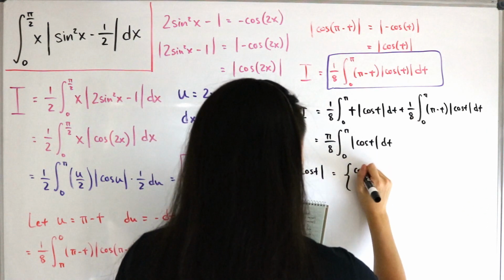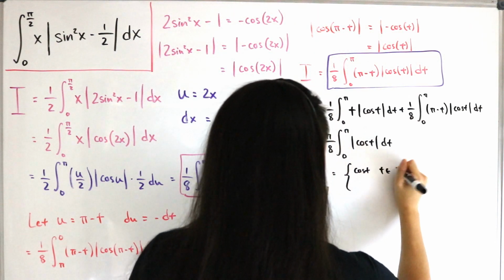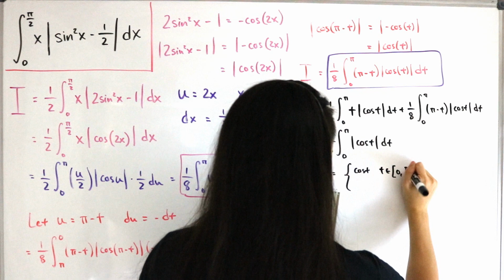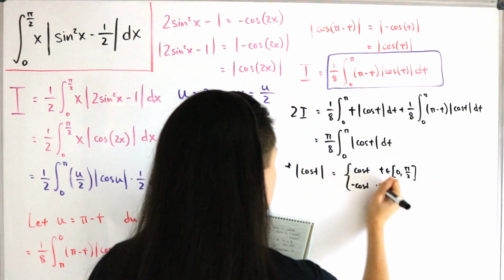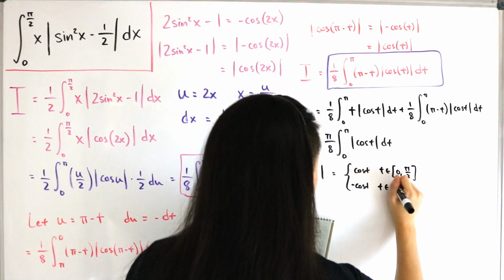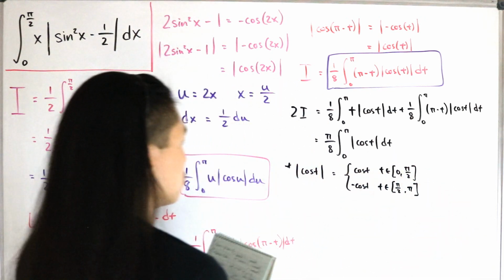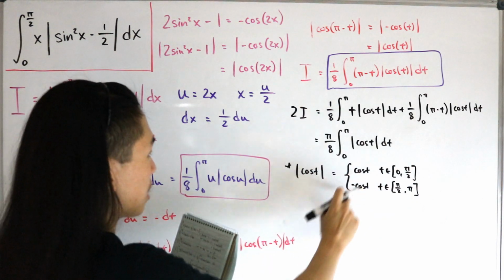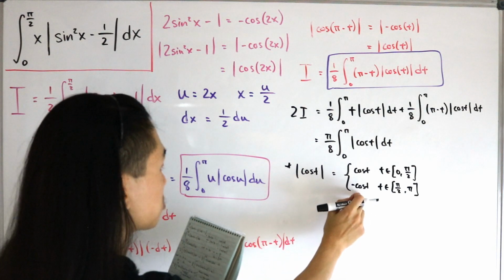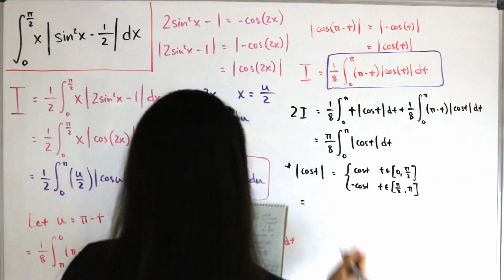We have the positive, so cosine of t, and that's from, of course, t in the interval from 0 to pi divided by 2. And then afterwards, it becomes negative cosine of t, such that t is in the interval from pi divided by 2 all the way up to just pi. So that means we're taking two different functions, and we're going to add them, or in this case subtract, since we have a negative,